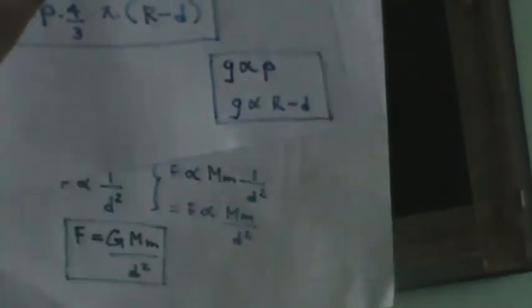So when d is maximum, r minus d will be minimum, so G will be minimum. To get maximum G, you need the minimum value of d. The minimum value of d is when the smaller mass coincides with the larger mass. That is the instance in which we get the maximum value for G. And when it is concentrated at the center, you can take from this equation that G is minimum.